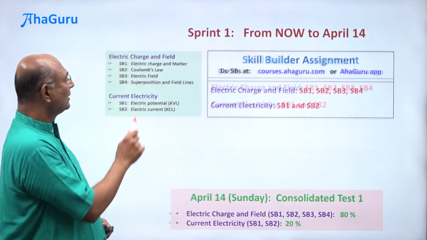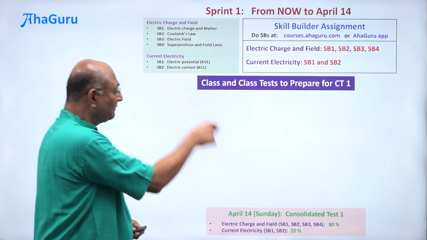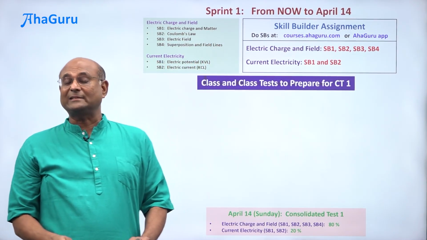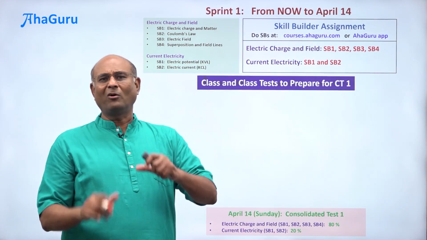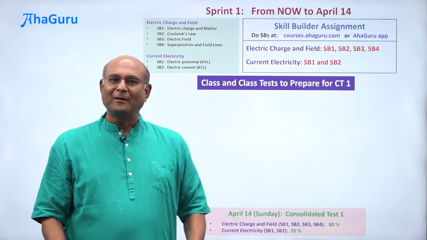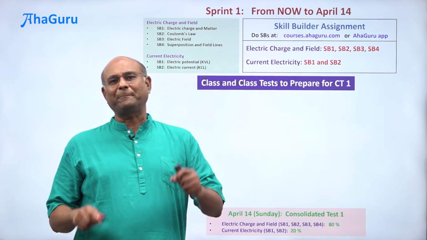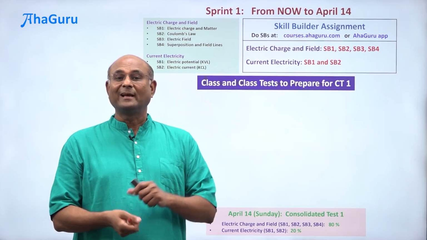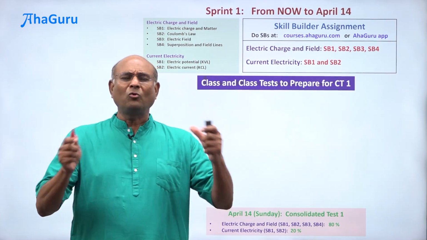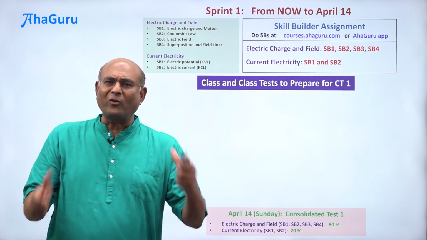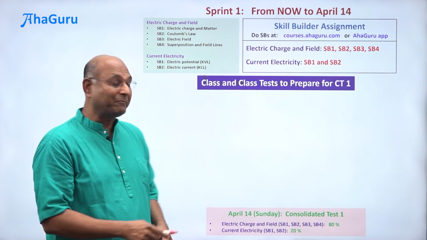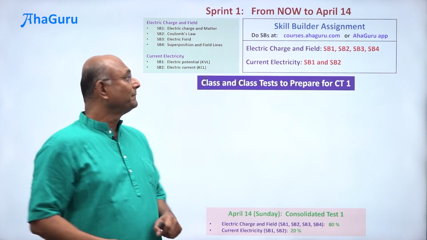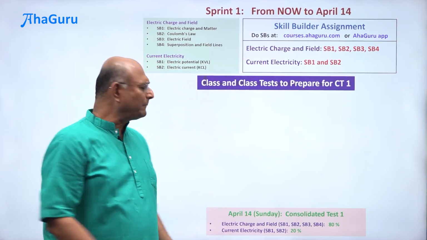Understood? Now, let me explain what we will do in between. We are assigning things now and I'm telling you the consolidated test is on April 14th. I know most of you will study for the test, but if I had told you the test is on April 14th, you'll start studying on April 12th or April 10th. Then you'll tell me, sir, you have given too much work in 4 days. I didn't give you this much work in 4 days. I've given you that much work in a month. If you start 1 month ahead, basically now,